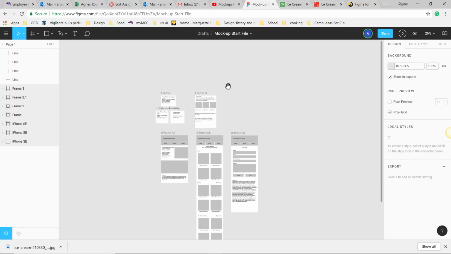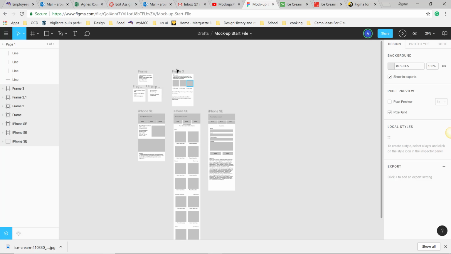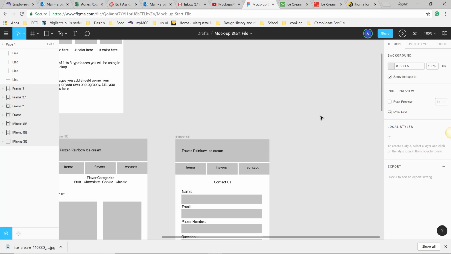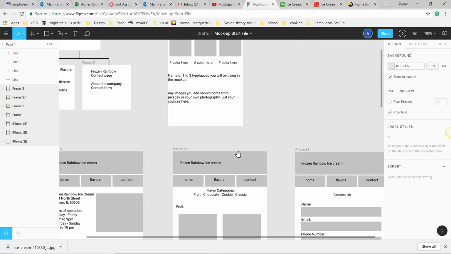First of all, we have a very tiny flowchart of the site. It's a 3-page website. I'm not asking you to do a huge amount of stuff. Then you see there's frame 3, which has a list of things that you can do. And I'm going to zoom into 100%. So I want you to fill out some of these forms, and you're going to use this to create a